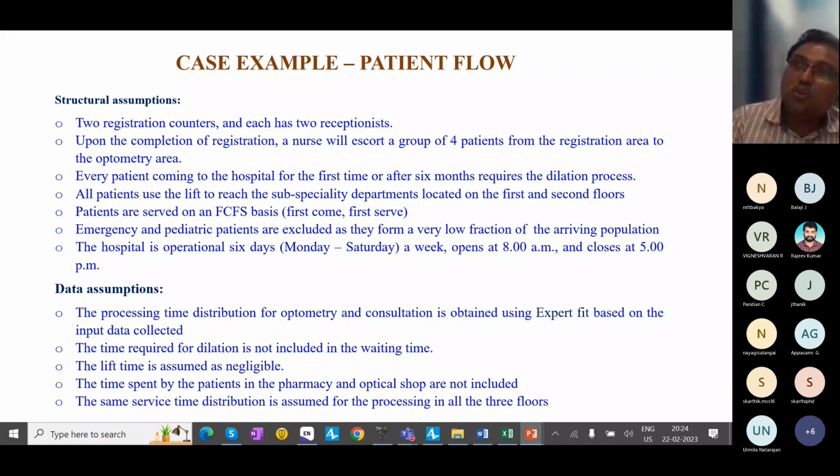And data assumption, since you cannot say that the arrival is variable, service is variable. So you need to make some assumption for that. Right here also data analytics plays a major role. With the available data, it is possible to fit a specific distribution to this arrival data, service data, everything, right? So this is what we did here.